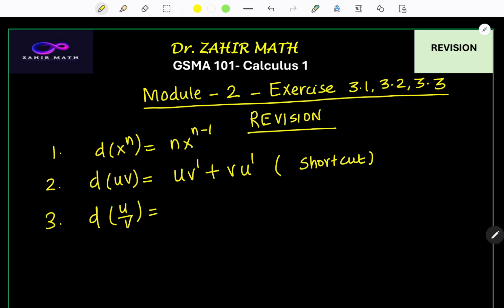When there is something that looks like a quotient, that means something like x square divided by x square minus 1, you are going to use this formula: v times derivative of u minus u times derivative of v, vu dash minus uv dash, divided by v square. So this is the next formula. Then the fourth formula is equation of